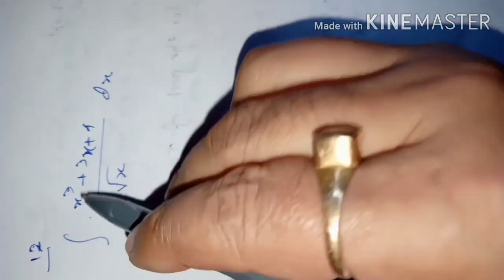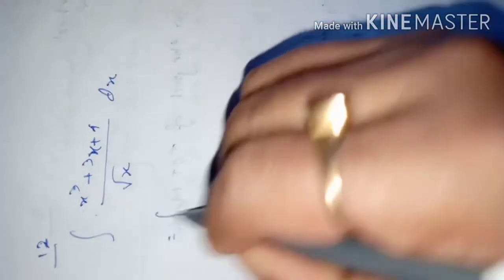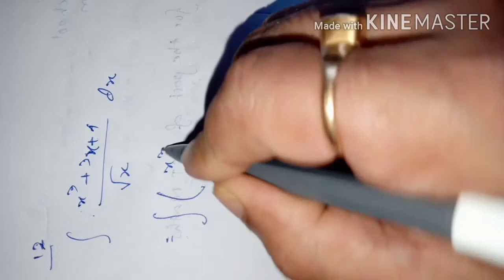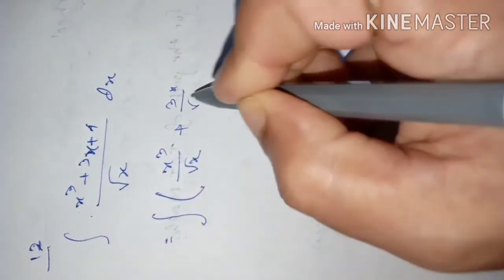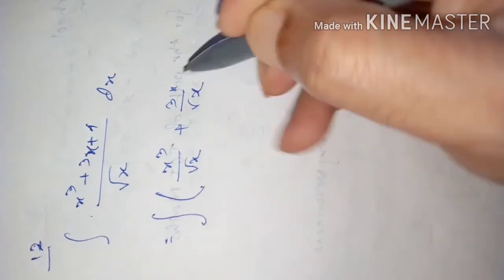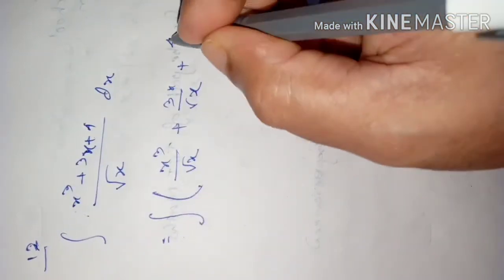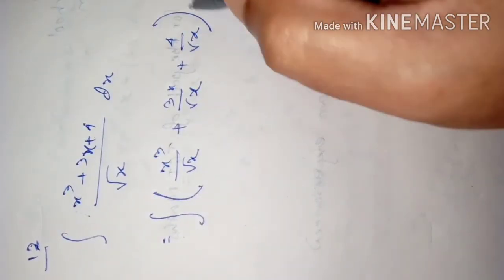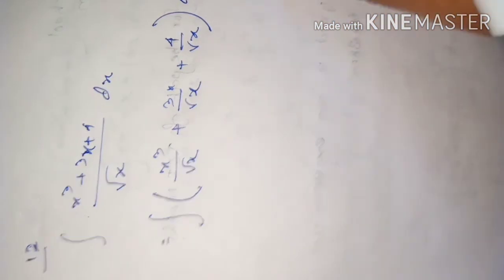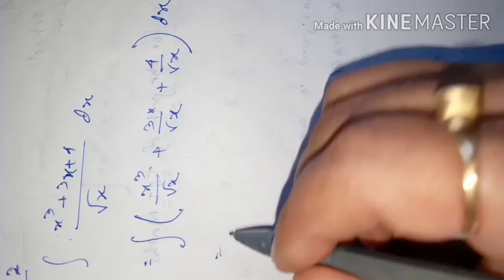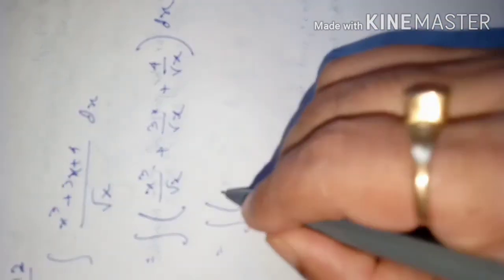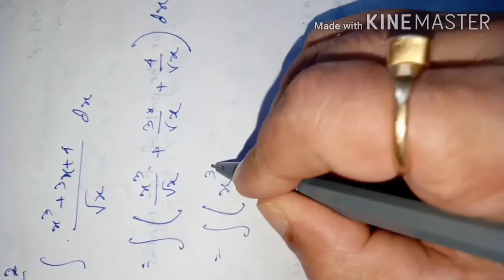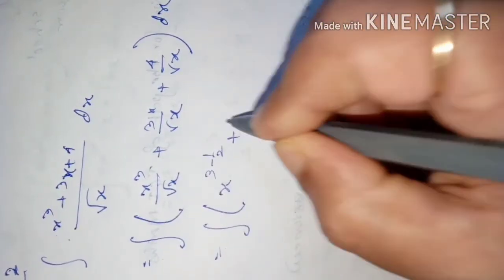Easy, dear students. You can separate this one. You can write it like this: integration of (x cube by x root x plus 3x by root x plus 4 by root x) dx. So here, if we divide this by this, then it will be integration of x to the power of 3 minus half,